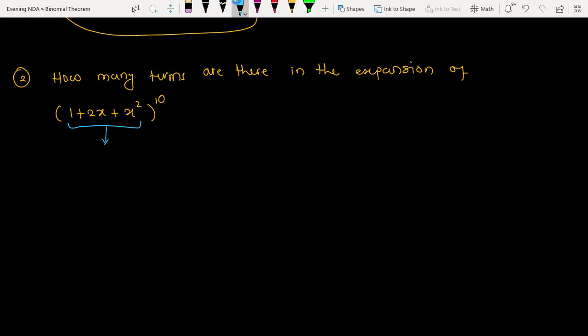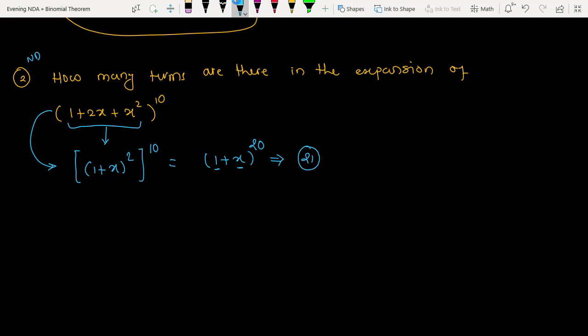See here, this 1 plus 2x plus x square is nothing but the expansion of (1 + x) whole square. Is this okay? Yes, sir. So if I write the same expression in this way, (1 + x) whole square to the power 10, is it okay to all of you? Now see, my whole question becomes converted into binomials. So what will be the cumulative power here? It will be 20. So now I have a binomial. In this binomial, can you tell me how many terms I will be having? 21. That's it. This is the question.